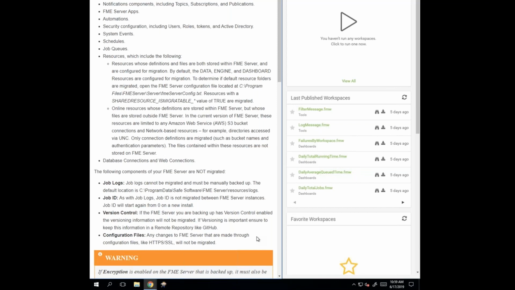But what you could do, before you do an uninstall or move off your existing system, is make a copy of those files, not to replace on your new system. I definitely don't recommend that because, like I mentioned, the configuration files may have changed, so it may not work as expected. It's more to keep things like that saved as reference material. Things like your FME common config might be good to keep a backup of, just for reference if you need to remember what the password is or the ports you had configured,